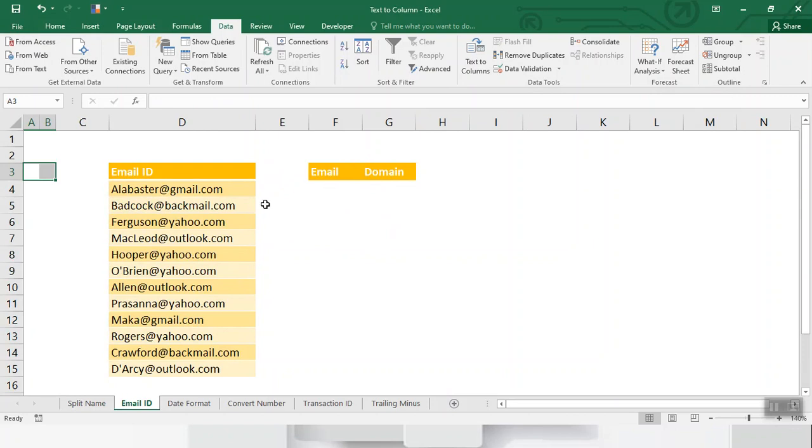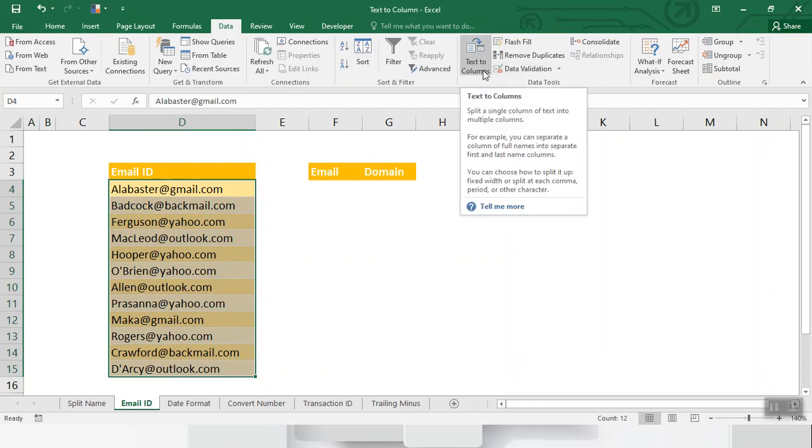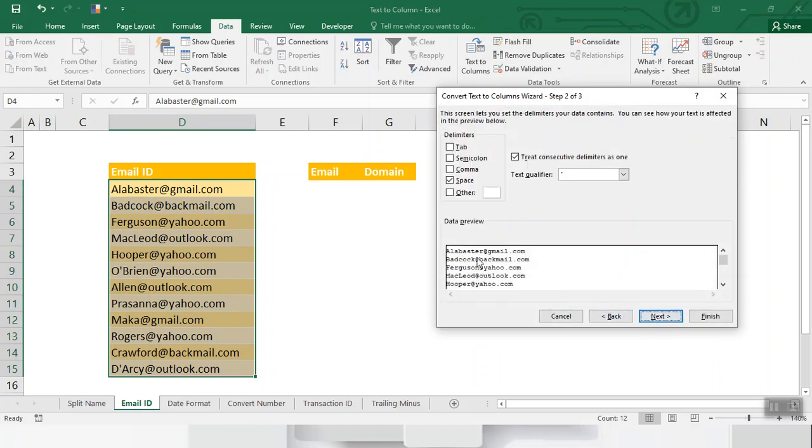Text to column allows you to choose your own delimiter to split text. Select the dataset, go to data tools, go to text to column, choose delimited, click next, and then change other like this.